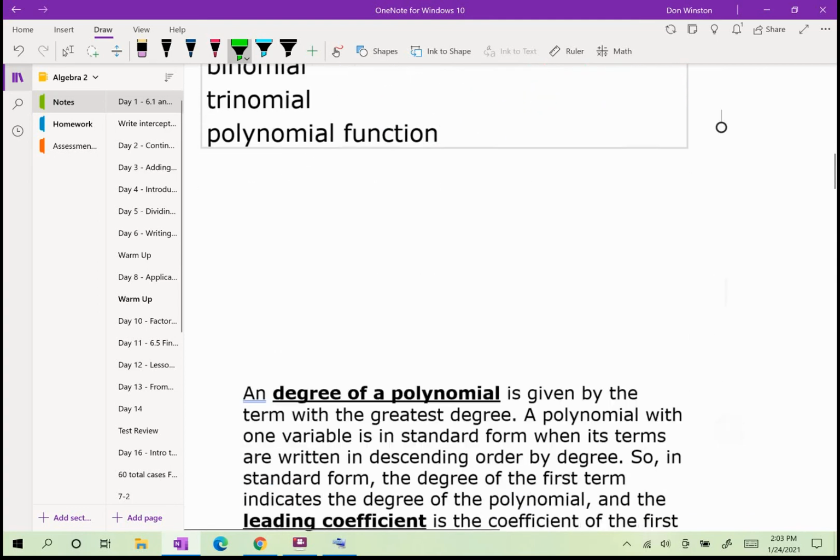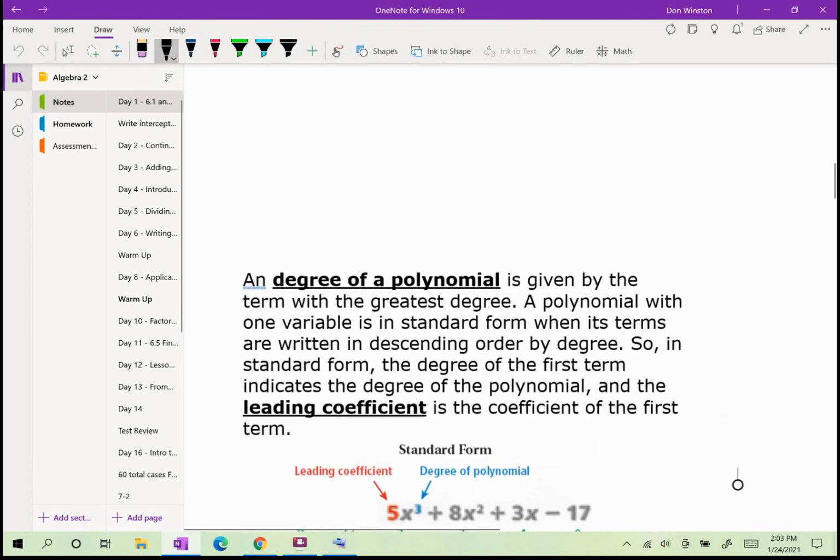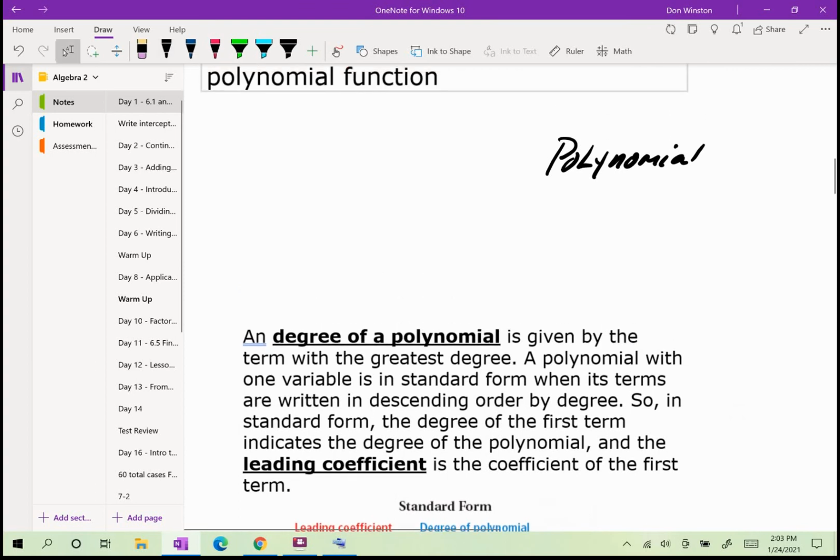Now, let's look at a polynomial. Okay, what is a polynomial? The degree of a polynomial, well, I still haven't defined a polynomial, but I like to take a look at it like this here. I have a polynomial. Now, what is a polynomial? Well, it's a catch-all phrase for